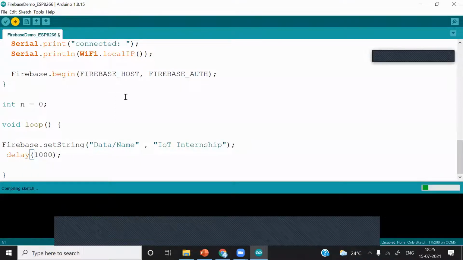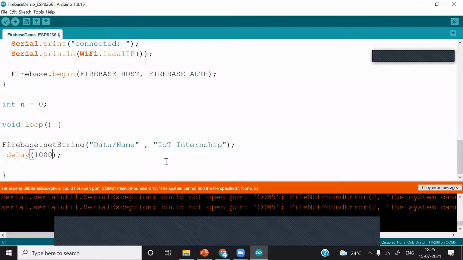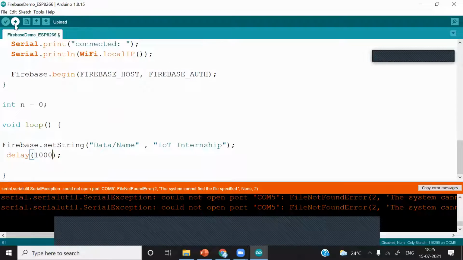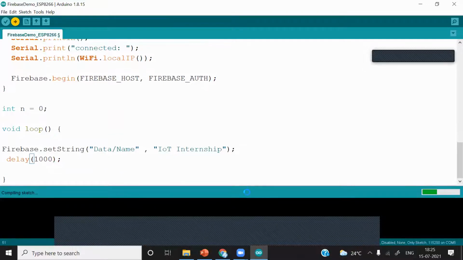And I will upload it again. Sorry, I forgot to connect the ESP8266. The COM port is selected, I just have to click on upload.